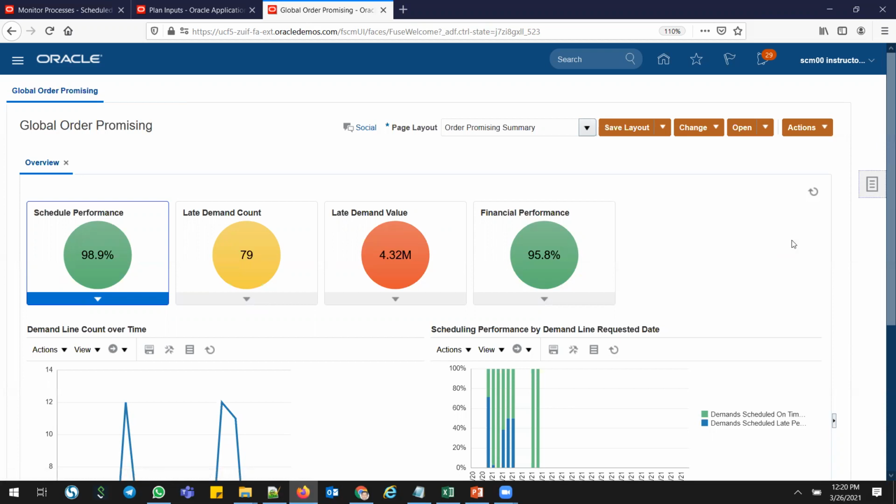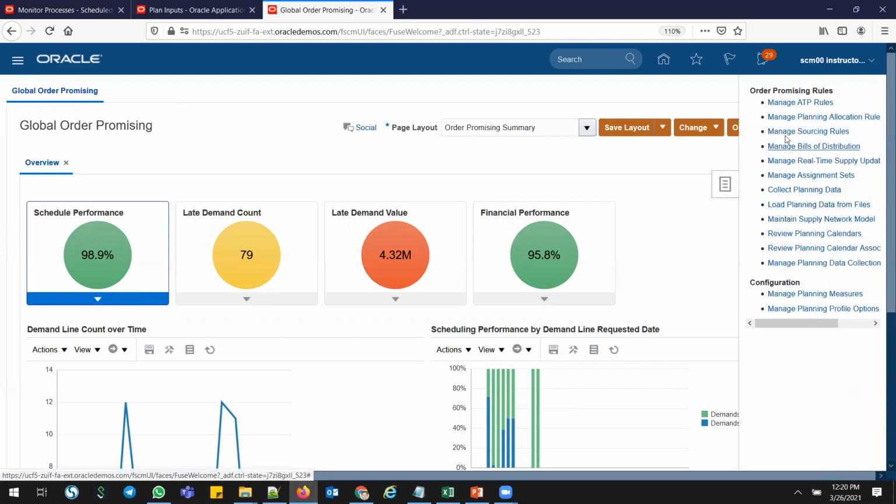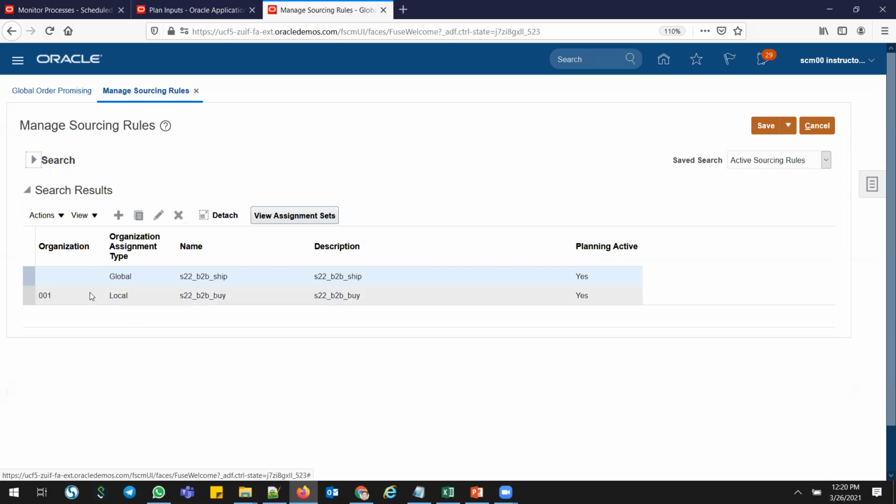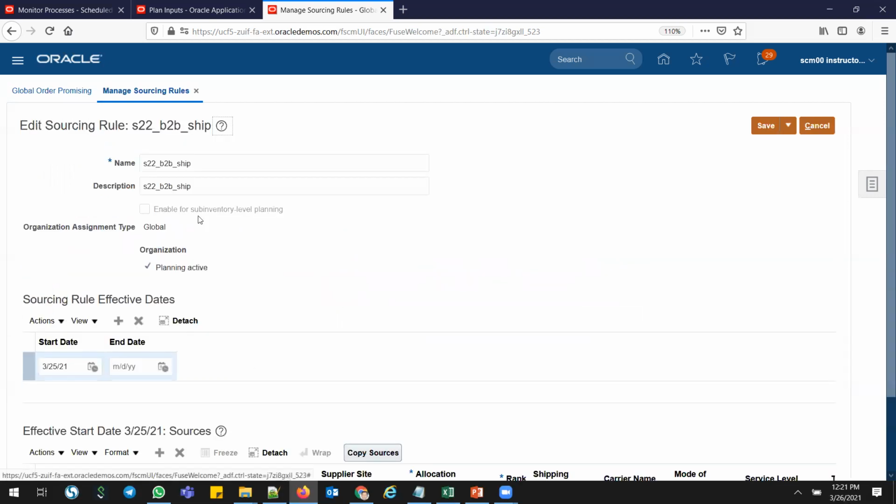So go to sourcing rule, manage sourcing rule. I already have the sourcing rule, and I'm just adding my part numbers in that sourcing rule assignment. S22 is my sourcing rules which I have created today. The first is a global sourcing rule and it's for shipping purposes. If we click edit, I have created one sourcing rule.